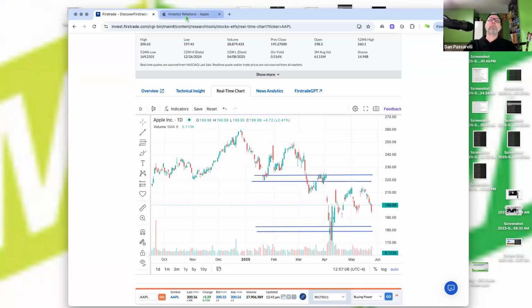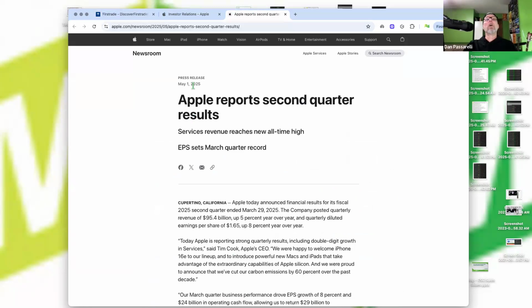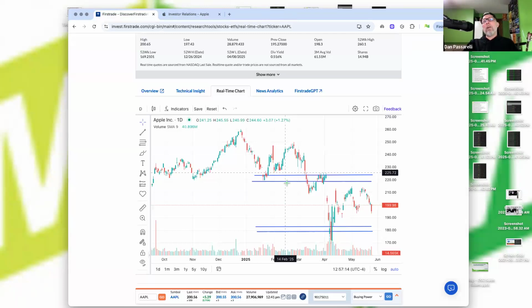Oh, let's just double check it. Oh, it was May 1st. So probably around July 1st would be the next earnings announcement. So I think both of these would encompass, wait, no. August 1st would probably be the next. Yeah, so